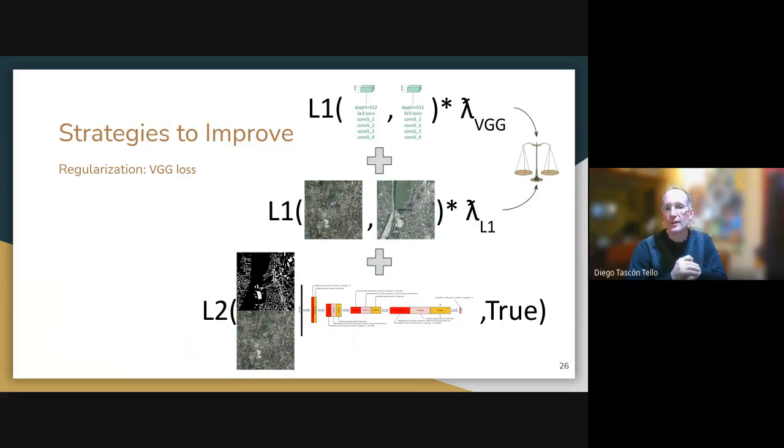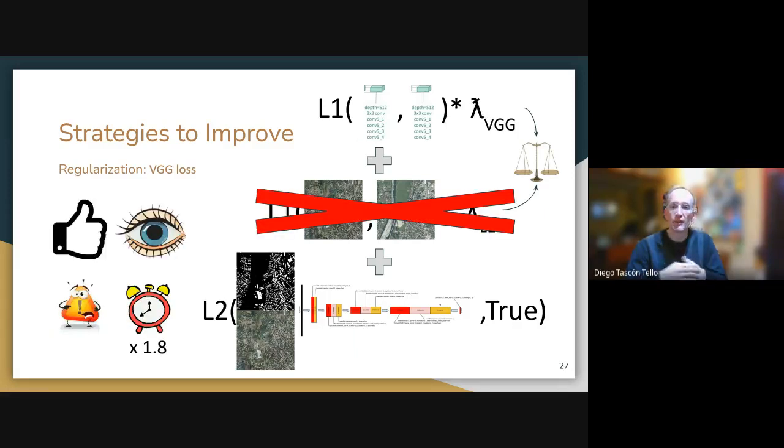So we implemented this into our model by giving a new lambda hyperparameter so that we could play with different weights to see what gave the best results. And we found that substituting completely the original content loss with this new VGG loss gave us the best